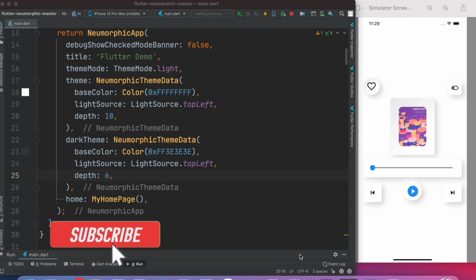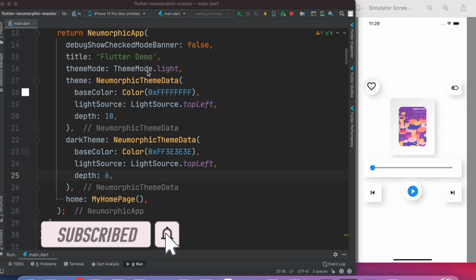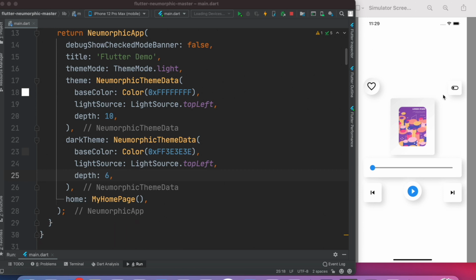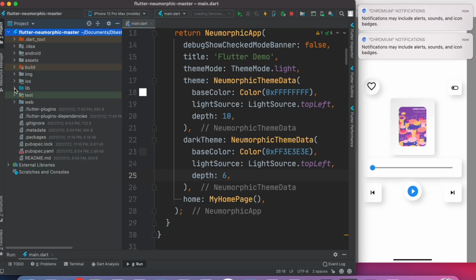Hello everyone, in this tutorial we'll learn how to use the neomorphic design concept to build a beautiful mobile UI app like this. This would be a simple audio player, and don't forget to download the code below from the GitHub link. And once you do that, come to this project folder and make sure that you have this